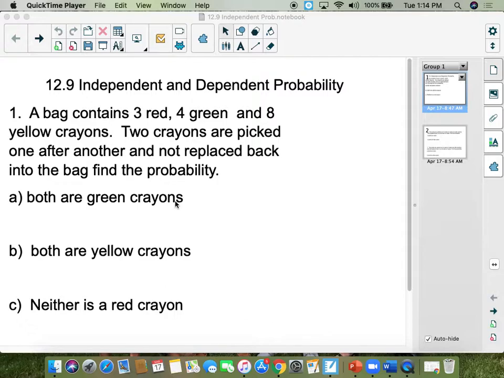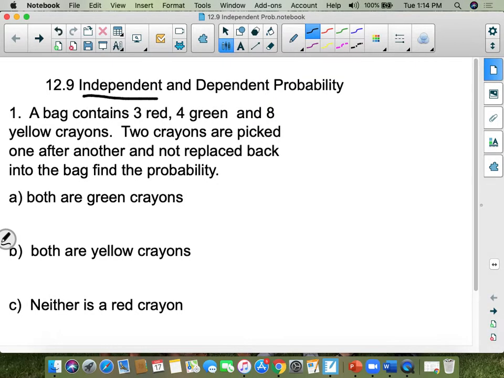Okay, we're finally on the last section. It's called independent and dependent probability. This is it. There's two templates. It won't take me too long to teach this. Independent and dependent is actually